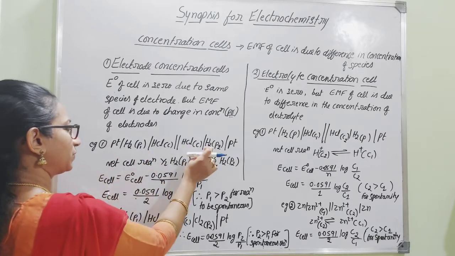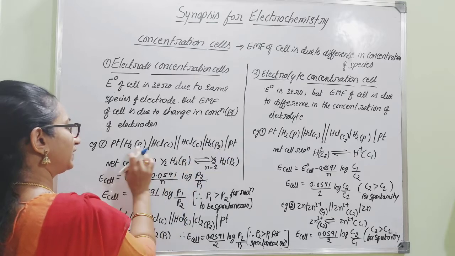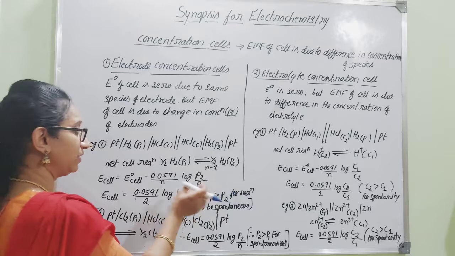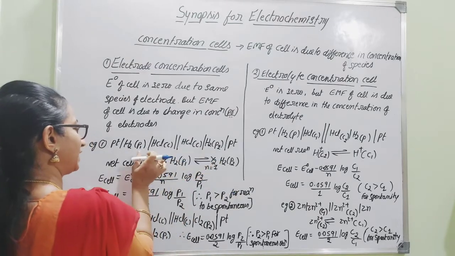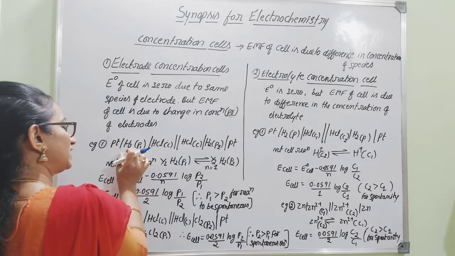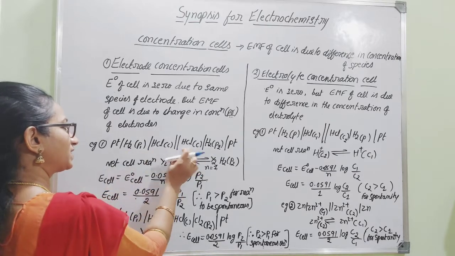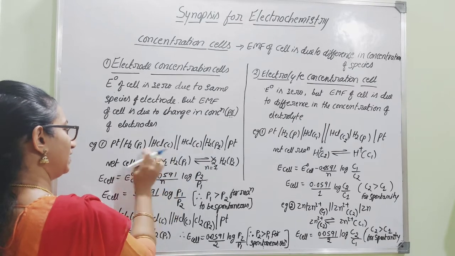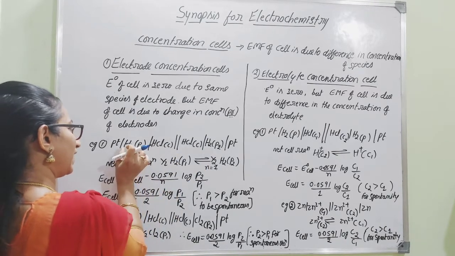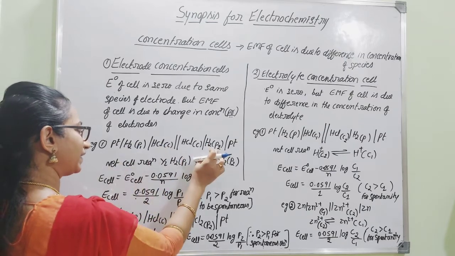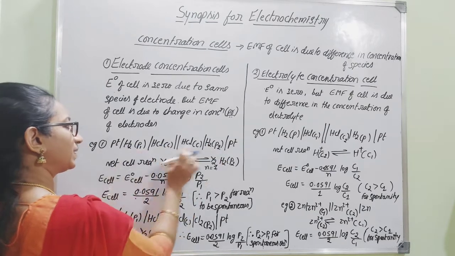These two hydrogen electrodes are arranged as you just learned for the standard hydrogen electrode. Such two electrodes are connected through a salt bridge, but they are not standard, of course. Here we maintain the same concentration of electrolyte, that is HCl. But how do they differ? The hydrogen gas acting as electrode on the left-hand side and right-hand side will differ in pressure.